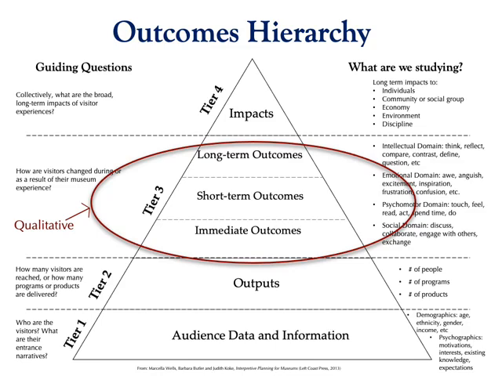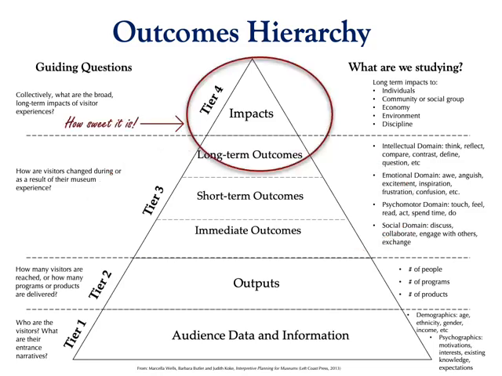This is the most common area of focus when we are starting to determine project goals, because this is really what we're focusing on in terms of learning objectives or experience objectives. And then finally, we have at the top that sweet spot that we all hope for, which is the Tier 4 impacts. These are long-term impacts to individuals or communities where we're actually seeing some sort of larger, subsequent, long-term effect of what we do.